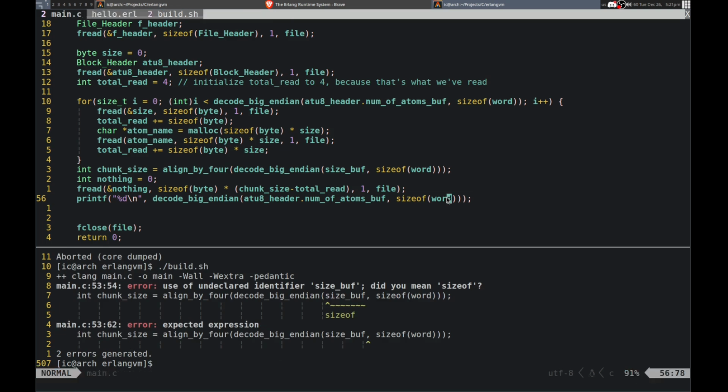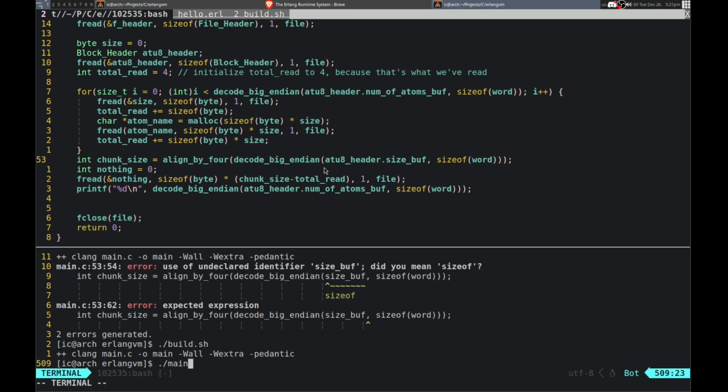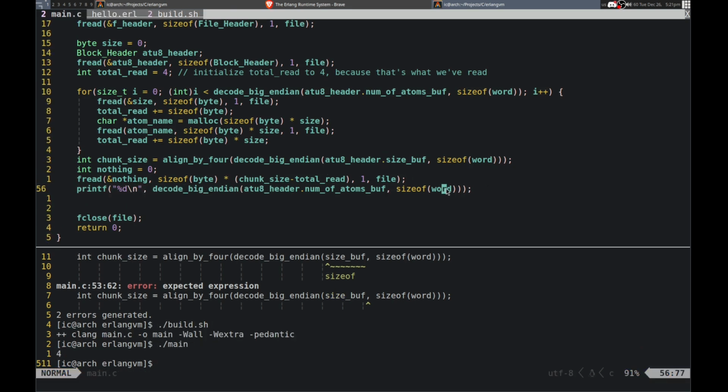I think it was because I forgot to get rid of stuff. Because size buff doesn't exist anymore, so this needs to be at U8 header dot that, and then where else did I do that actually? Yeah, I think that was the issue.